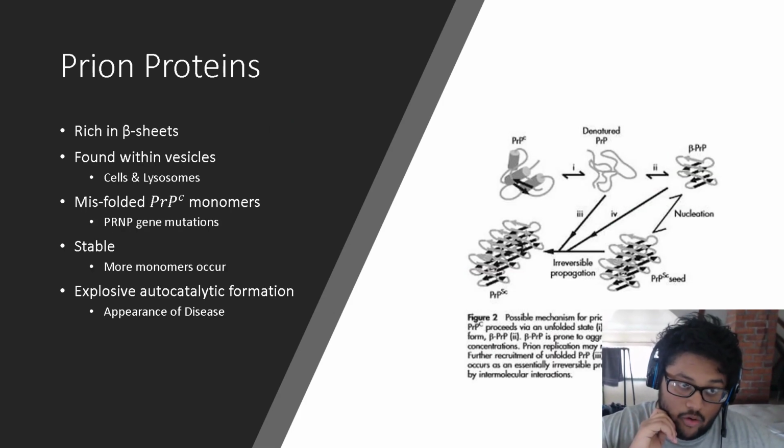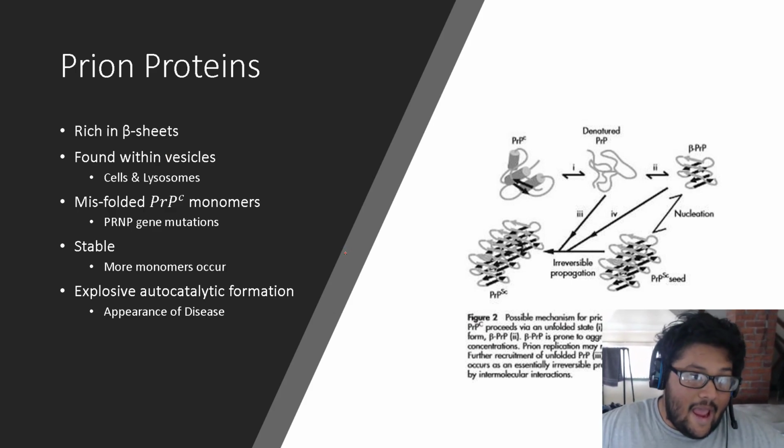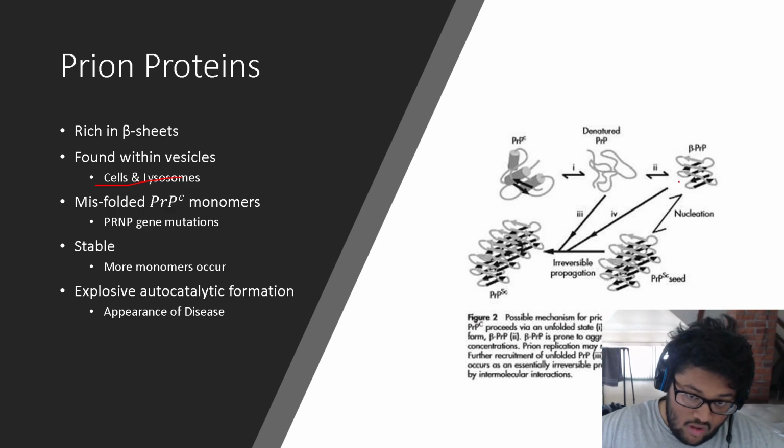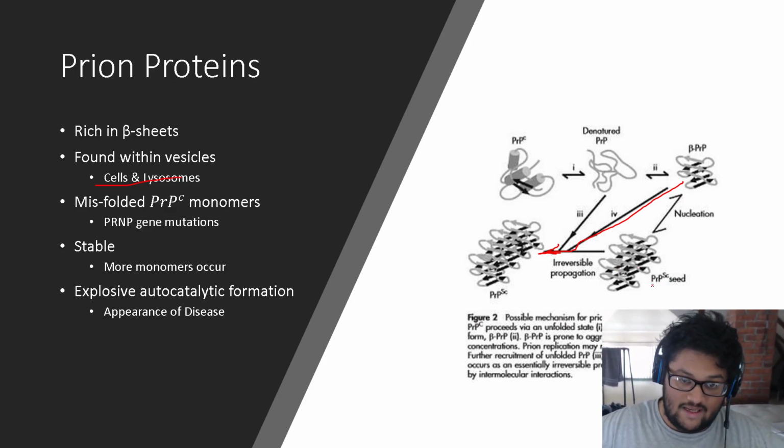With the abnormal prion protein, it actually causes a conformational change where the abnormal form is rich in beta sheets, and this abnormal form is usually found within vesicles which contain red blood cells or lysosomes, because they utilize the energy available in these cells to denature the protein and then turn it into beta PrP that then directly has irreversible propagation to a PrP-Sc, or it has nucleation with a PrP-Sc seed until there's an irreversible propagation to PrP-Sc. With familial